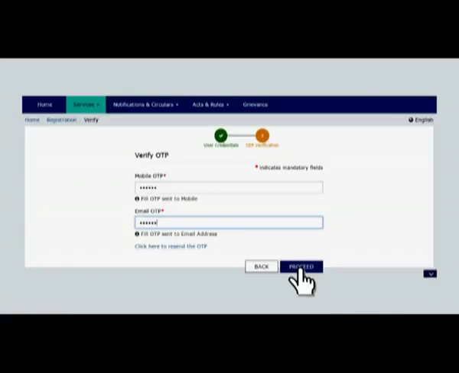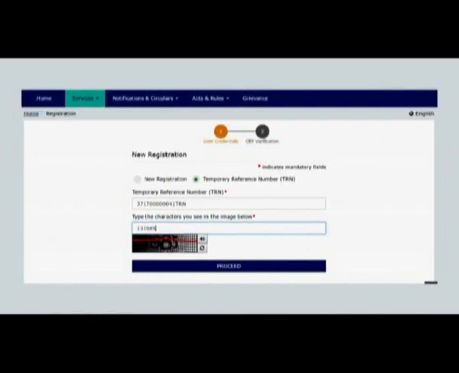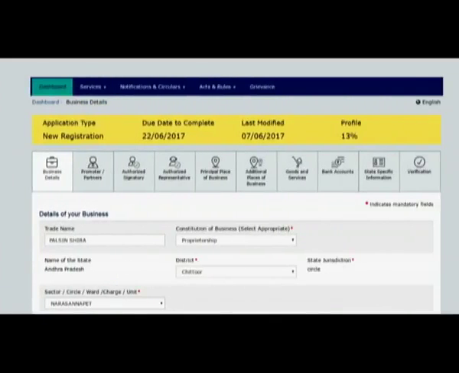After their successful validation, a TRN will be generated. This TRN will be valid for 15 days. The new registrant can use this TRN for proceeding further. An OTP will be received again on the phone and email. After entering CAPTCHA, the main application shall open with 9 different tabs and one verification tab for the convenience of